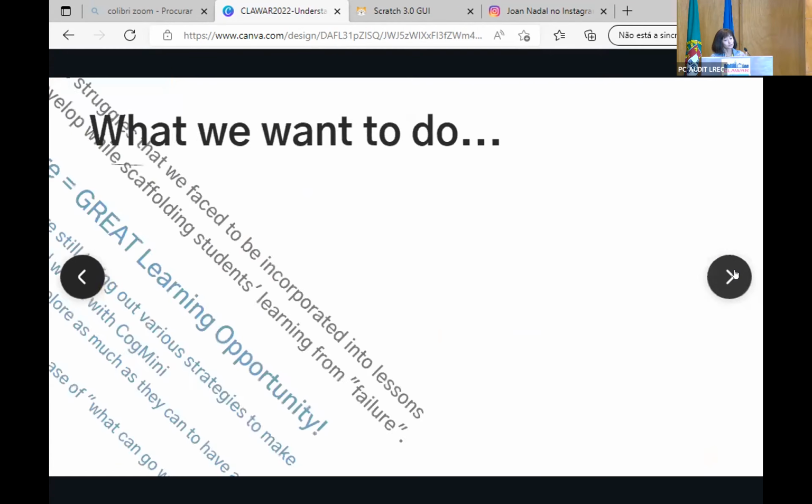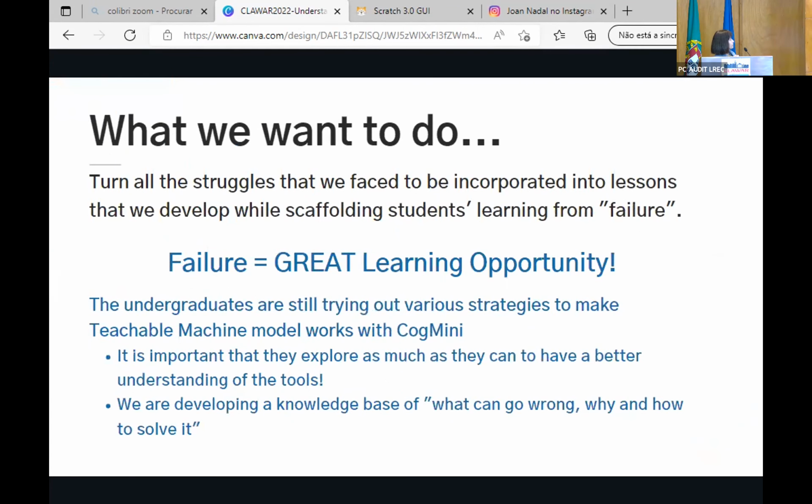That's why sometimes it's difficult even for professionals to figure out what to teach and how to teach. But anyways, what we're trying to do